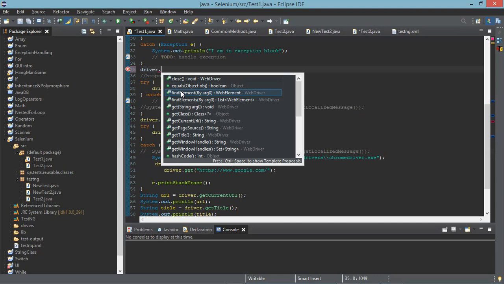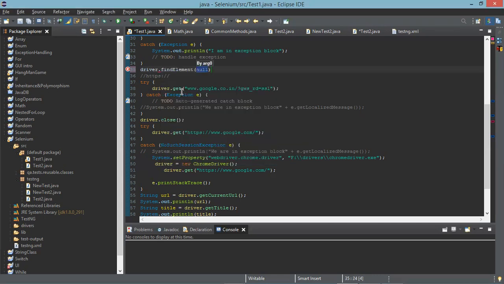Choose that find element. Inside that it is asking for a By argument. By is an abstract class which is already defined. We don't need to do anything with that. What you need to do is use its methods, and then you can access the particular element.